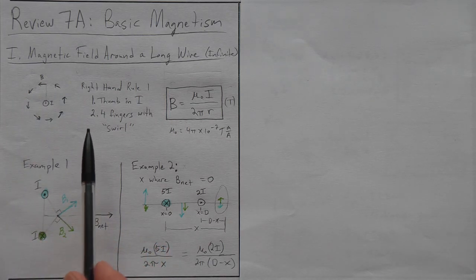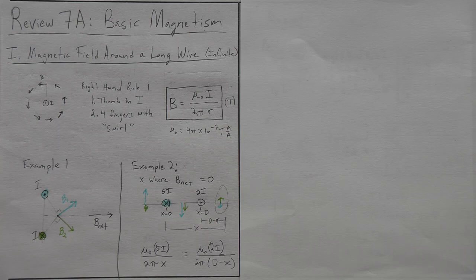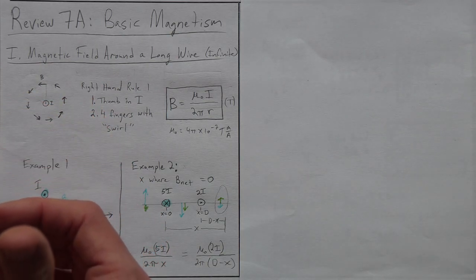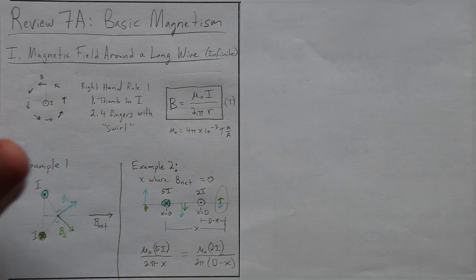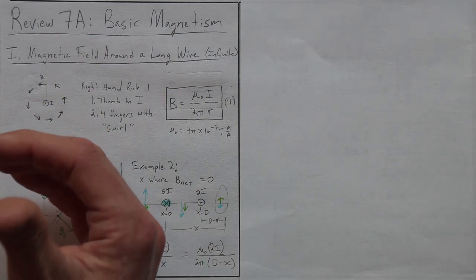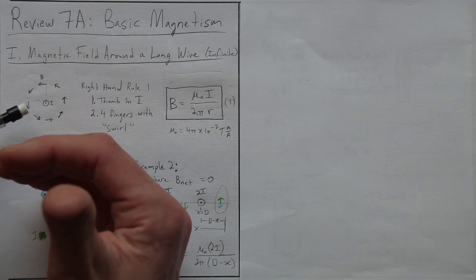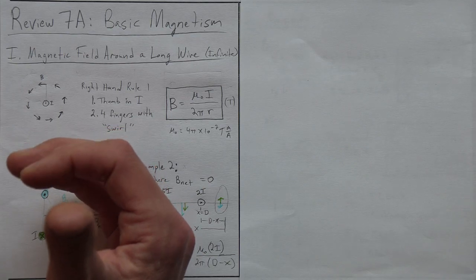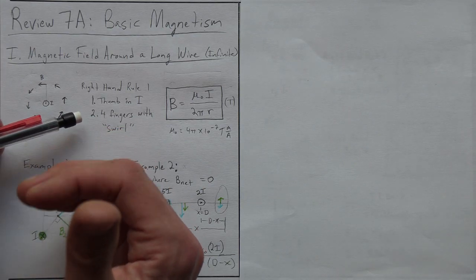We use what I call right hand rule number 1. I try to write it really briefly here and not write out complete sentences because this is review, so I'm just reminding you of the technique. First thing you do is you put your right thumb, right hand rule, not left hand rule, in the direction of the current. So I have the current coming out of the page, so that's why my thumb is pointing up out of the page. Now my four fingers